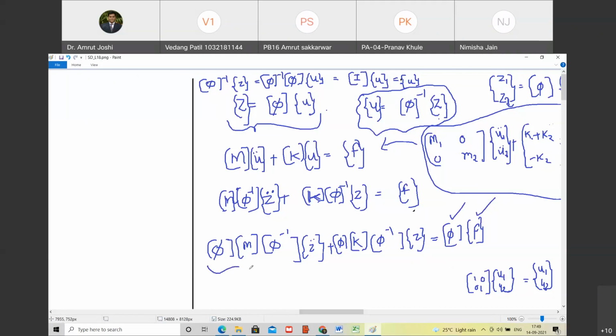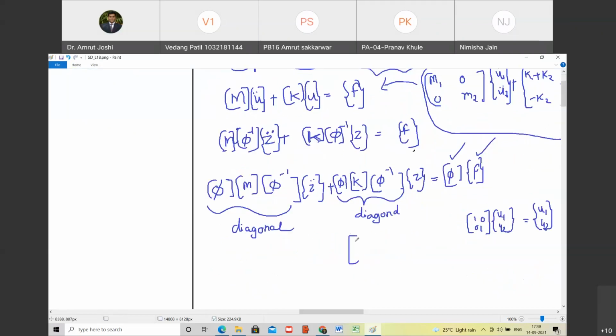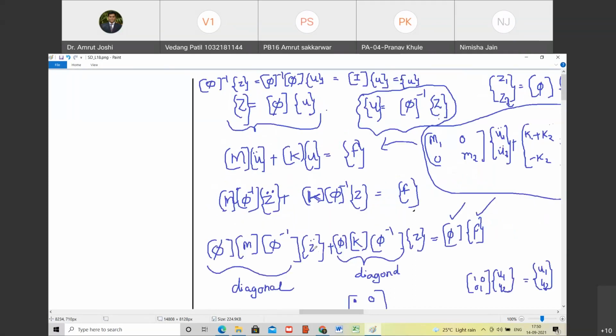Phi M phi inverse is diagonal. Are you with me? And phi K phi inverse is also diagonal. Diagonal means that only the diagonal elements remain non-zero, and the off-diagonal elements are zero. So if I pre-multiply the M matrix by phi and post-multiply it by phi inverse, I transform the original equation into a new coordinate system